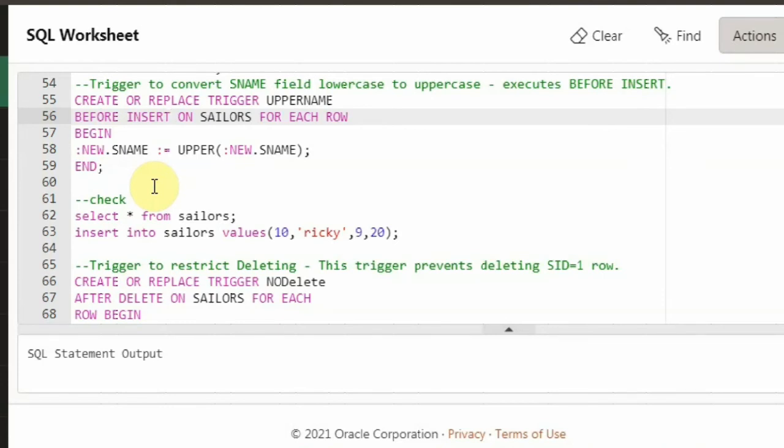Now you already have the old value, which is 20, and the new value is 25. So to refer to the old value of the age and the new value of the age, SQL provides you with the old and new reference variables. So you can use this old and new for referencing the old value and the new value. And then I just said end and a semicolon. So this is how I create a trigger.